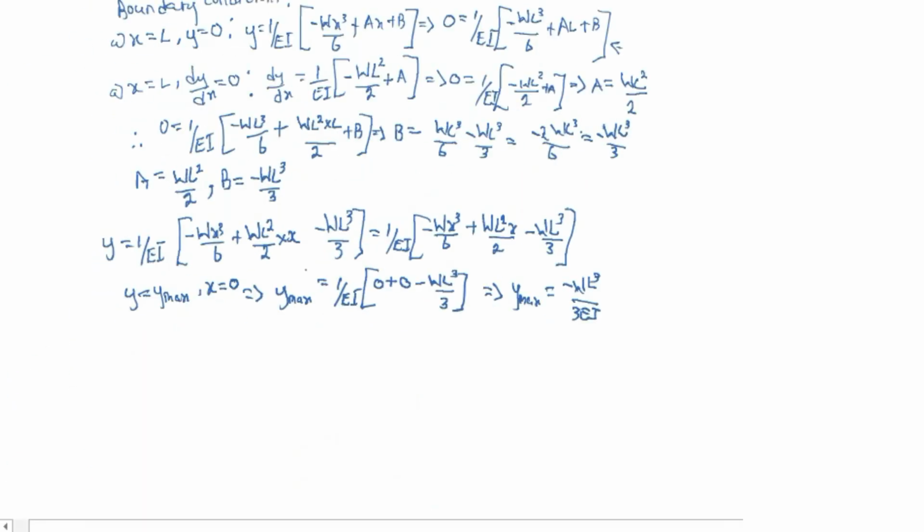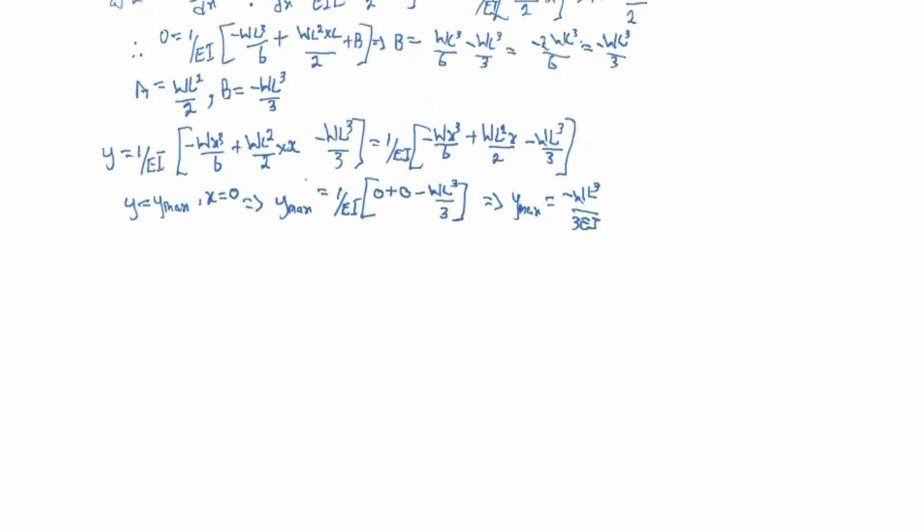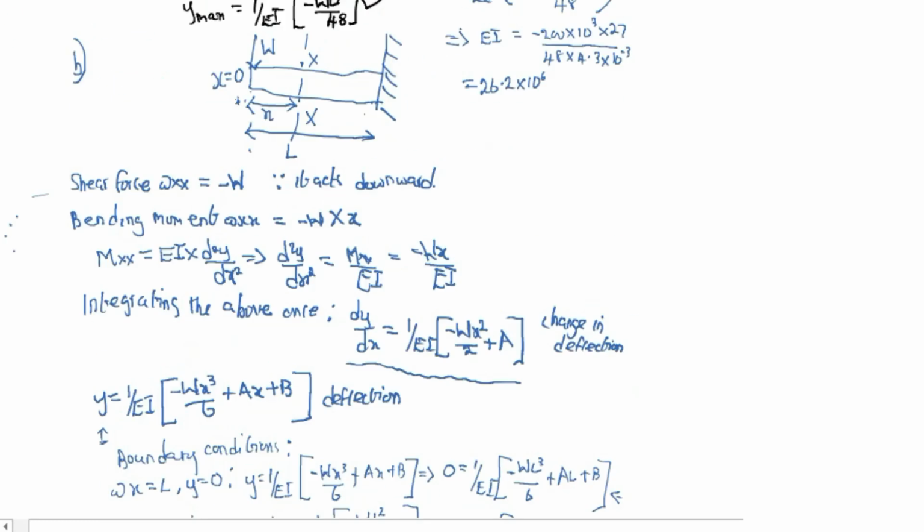So we have already established that the maximum deflection, Y max, is equal to negative WL cubed over 3EI, right? So what is the value of Y max? It's simple. We have that Y max is equal to negative 100 times 10 power 3 in this case, times our L, which is 3 meters cubed, over 3 times the value of our EI here, which is 26.2 times 10 power 6, and when we calculate we get our value to be 8 point